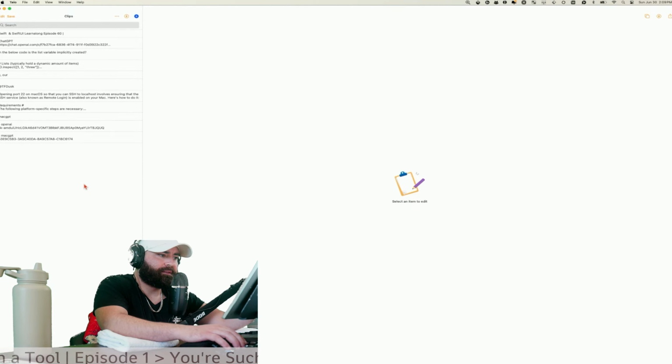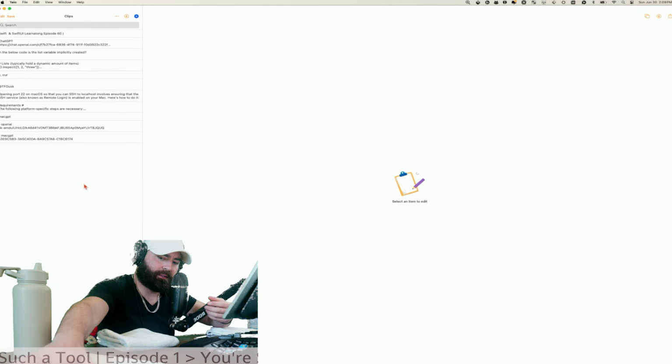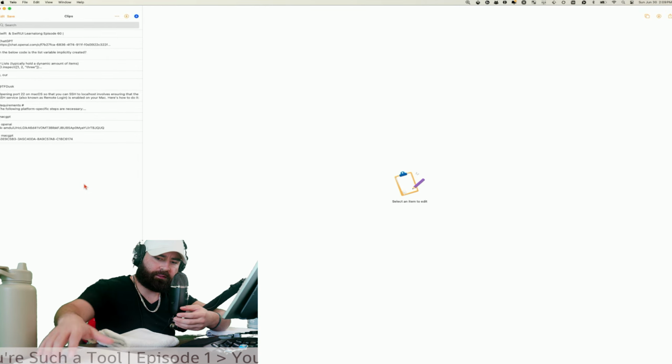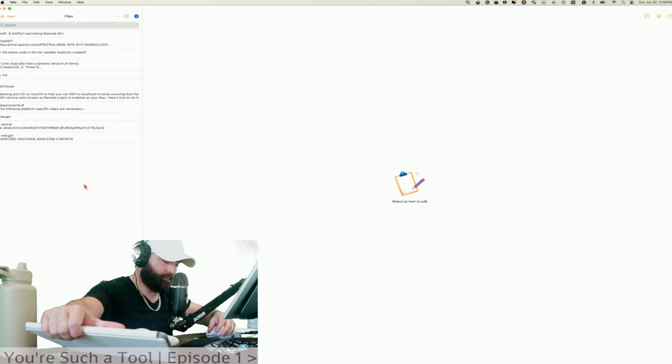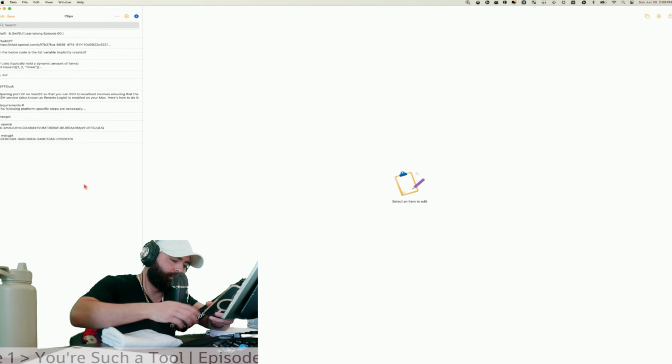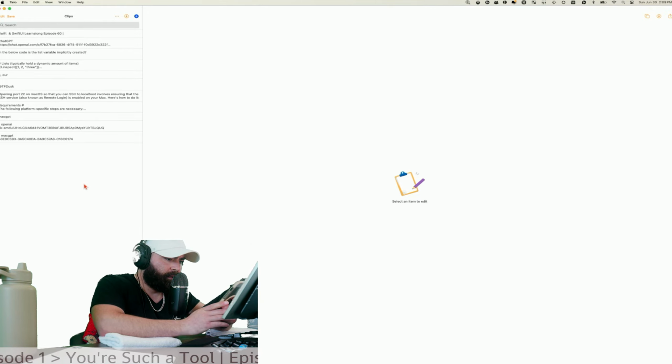What's really neat about this, let me show you. Actually, I can use my phone too. I don't have to open up my iPad. So in the settings, let me make sure it's on first.